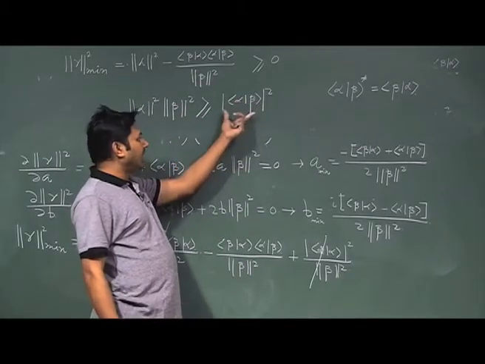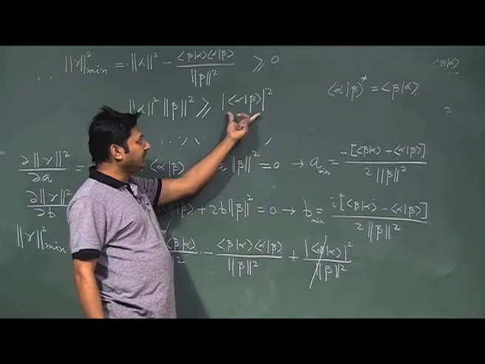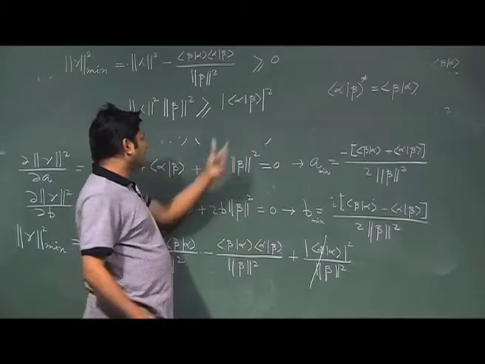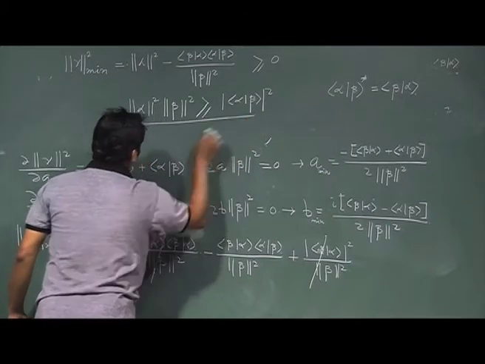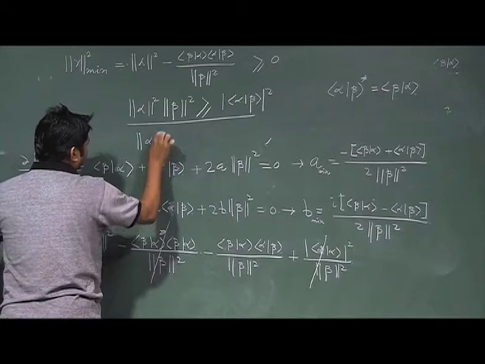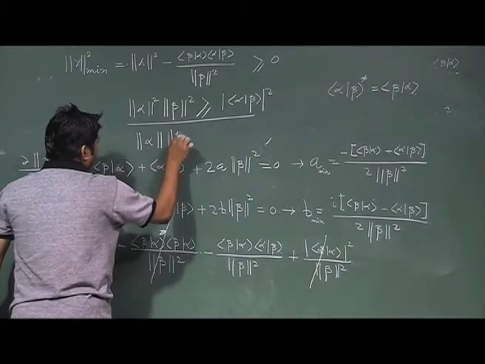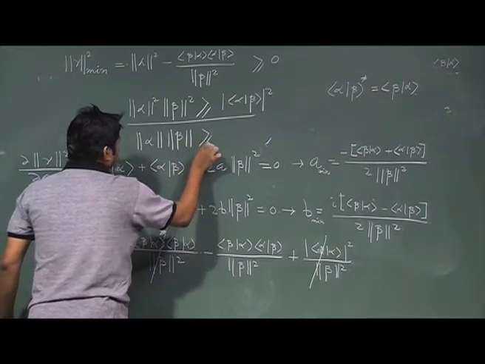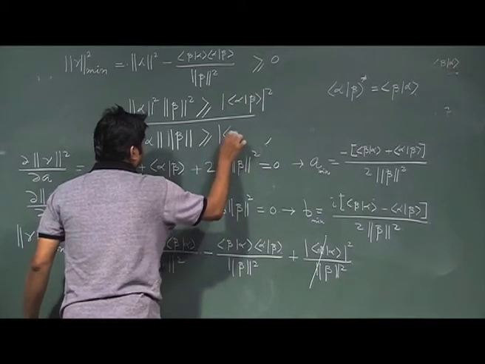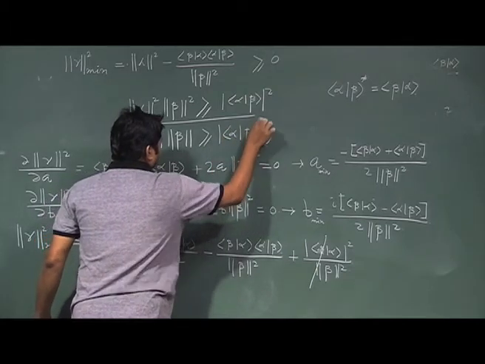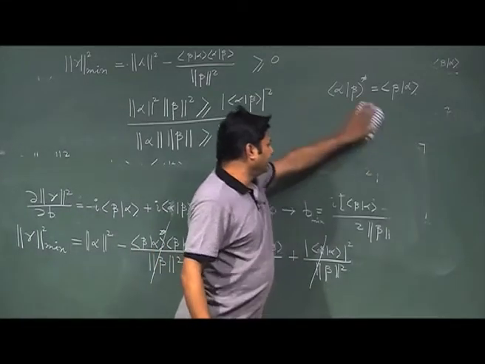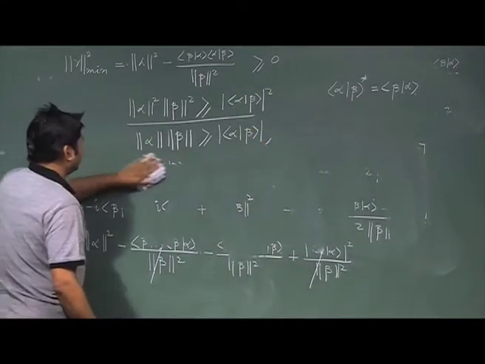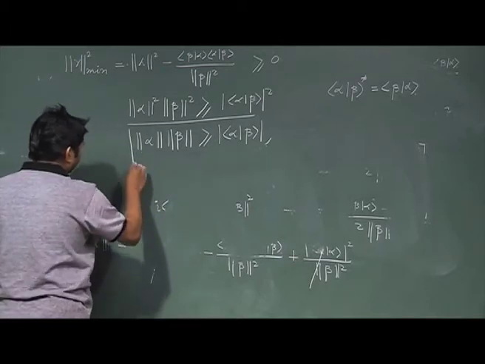So, it is alpha beta mod of square and beta alpha mod of square will be the same thing. So, essentially I am having this. So, from this expression I readily can say that alpha beta is greater than or equal to this quantity. So, we proved one very important identity, which we call the Schwarz identity, which is this,